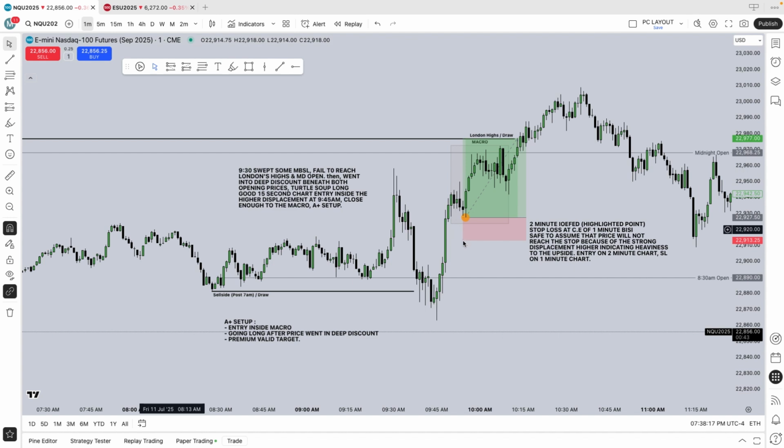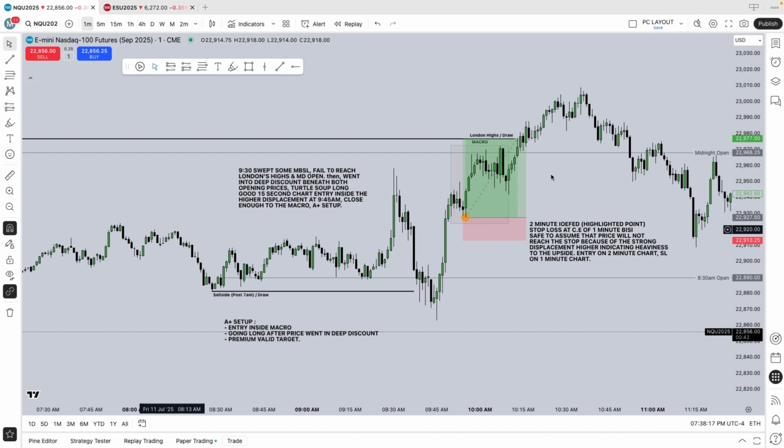And why would this stop loss have been a great stop loss? Because after seeing all of that happen, sweeping some sell side in a deep discount and having a premium target inside the macro, seeing this bullish displacement here and seeing this bullish fair value gap stay open is a great sign that it is going to stay heavy to the upside. So that's why having the stop loss at the consequent encroachment is a great stop loss, because it's safe to assume that the price is going to remain heavy to the upside to reach the target,